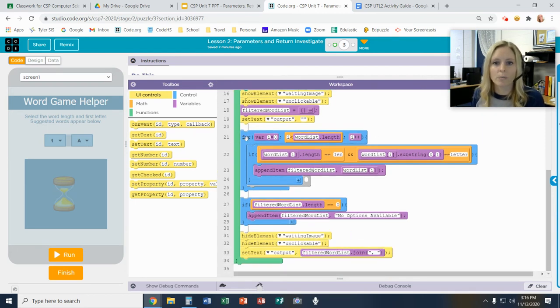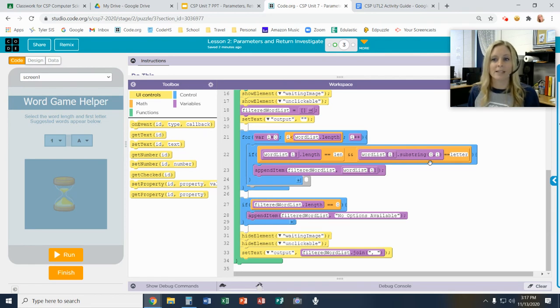Then we enter a for loop. And all of this is just setting up how many times our loop runs. It runs as many times as there are words in that word list, and then it just keeps going until it has met the end. That's what all that means. So if word list at index i, which let's start with the first one, which would be 0. So we're taking the first word in the list, dot length. So we're testing how long that first word is. If it is equal to len, which is what we said we wanted it to be,